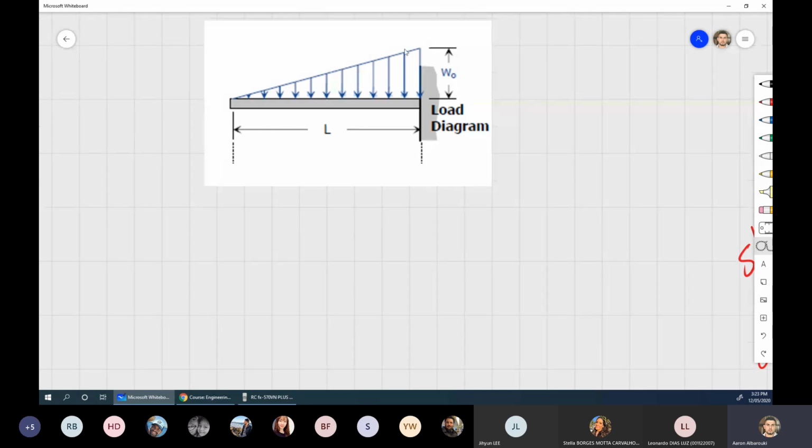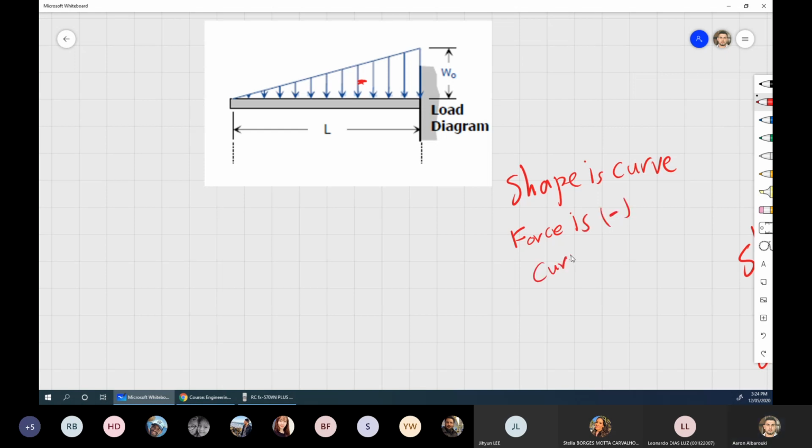I've got a declined or inclined line that should give me a curve. That's the first thing, shape is curve. Second thing she looked at, the sign of these forces is negative. Force is negative. That means the curve is decreasing